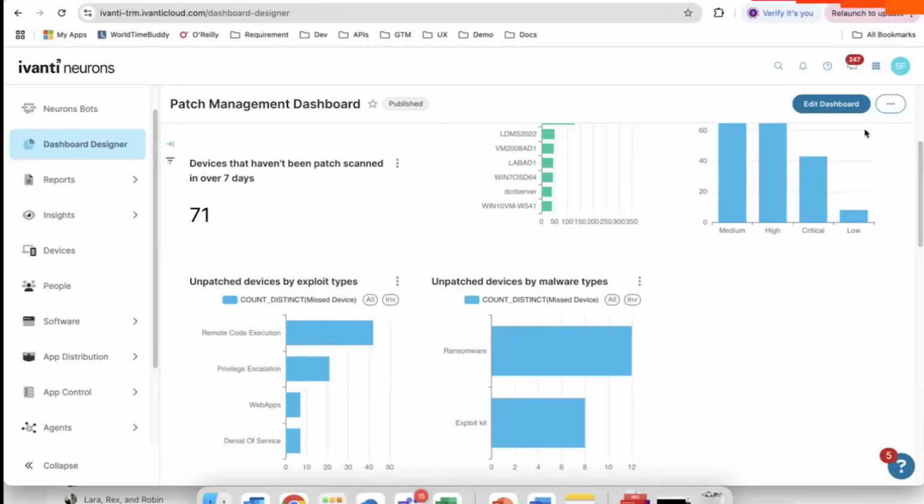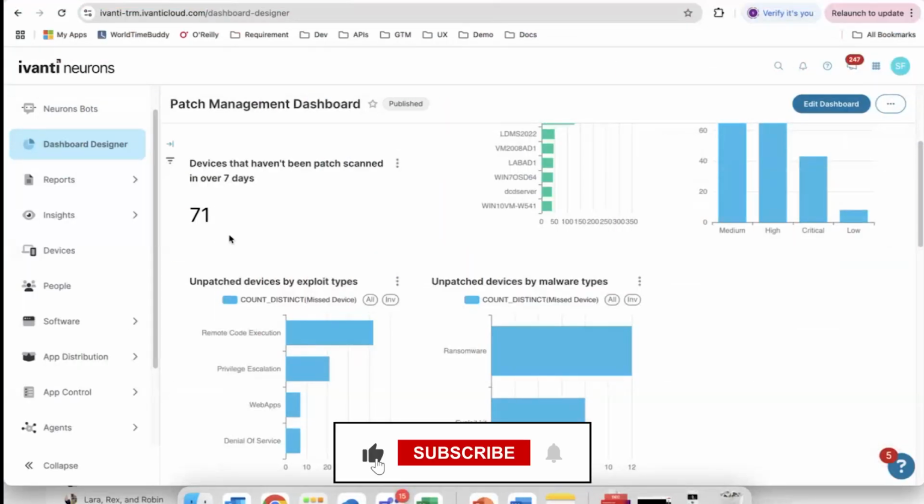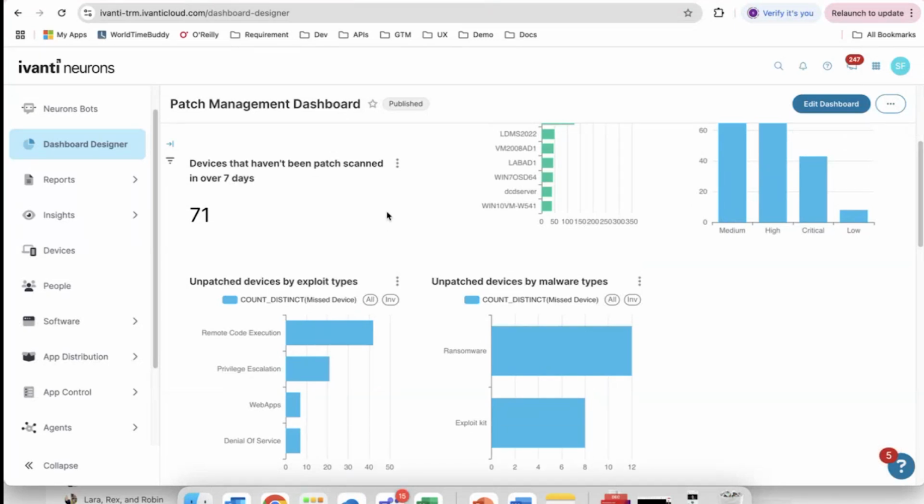We have quite exciting updates for Dashboard Designer this quarter. So the first thing is we are introducing an out-of-the-box patch management dashboard. So, a little bit of recap. Two releases ago, we started to introduce the patch management data set in Dashboard Designer, and now we are introducing